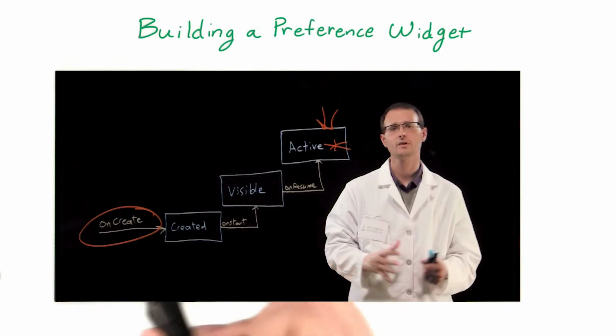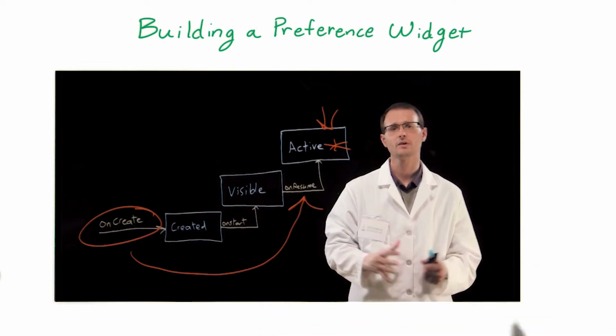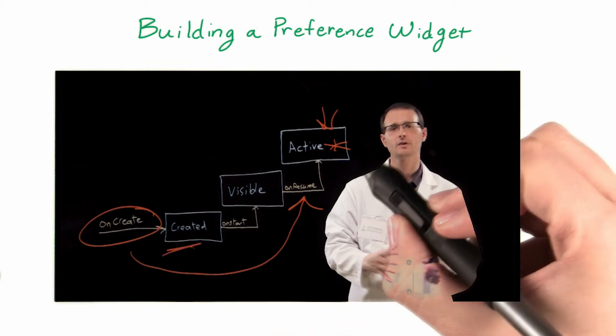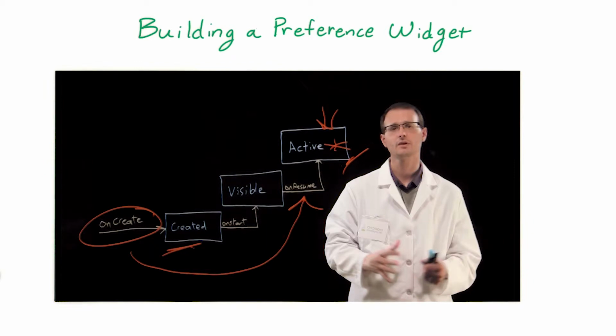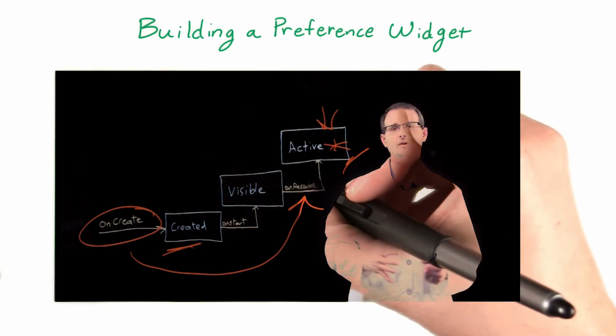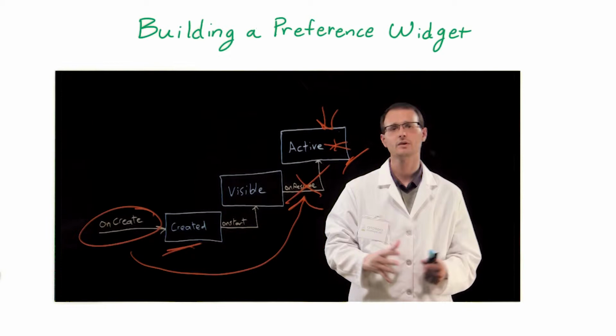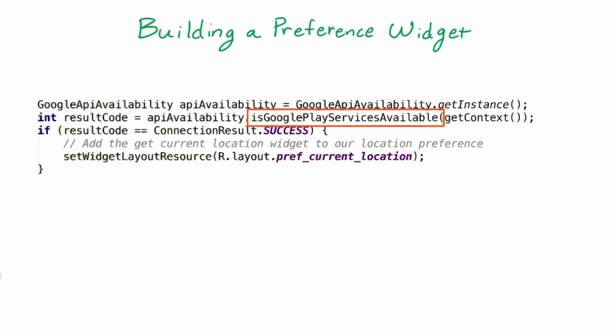Theoretically, you could move the existing GCM check from onCreate to onResume, but these are two different features that are just powered by the same service, and we actually have different expectations for each feature. GCM needs to be configured at the creation of the activity, but the Place Picker needs to be supported each time the user enters the settings activity. So we don't want to be checking in onResume, which means that we should call isPlayServicesAvailable in our